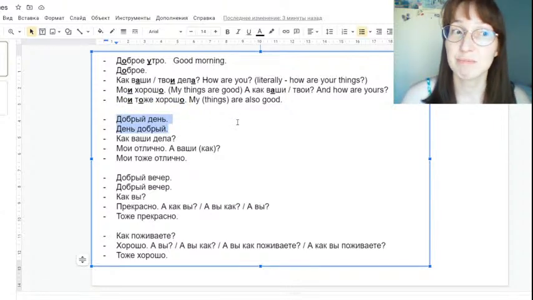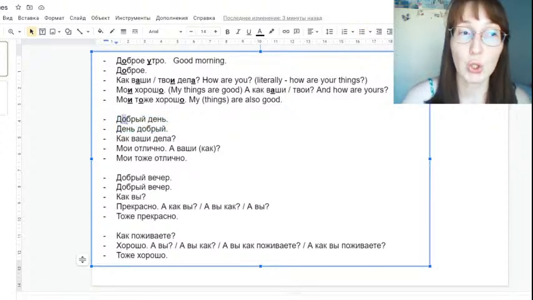Добрый день. День добрый. Добрый день. День